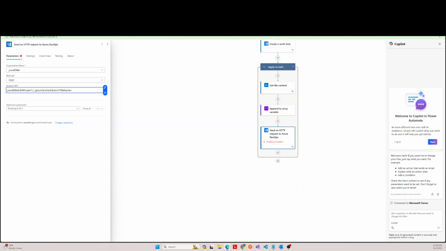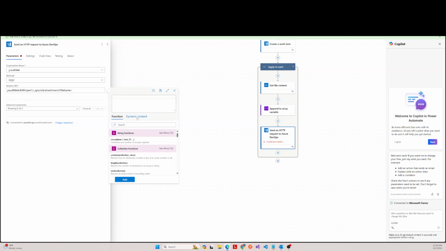Here again we will be getting the name of the file, so we will be using again current item name,